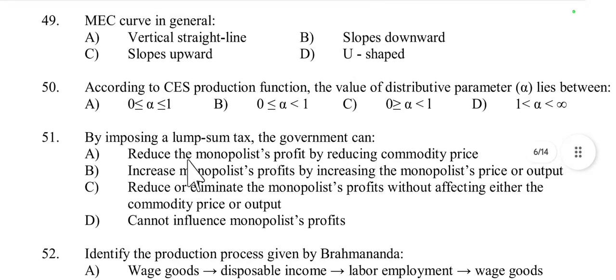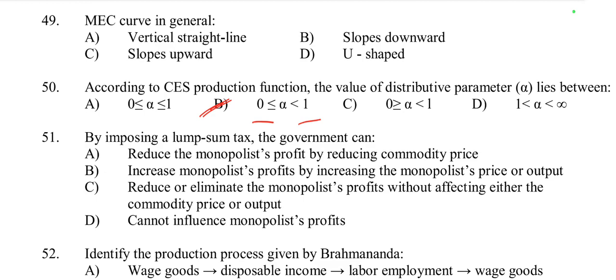Then question 50, according to CES production function, the value of distributive parameter lies between 0 to 1, or 1 less than alpha less than infinite. The options are: 1 less than or equal to alpha less than 1, or 0 less than alpha less than 1, or 0 greater than alpha less than 1, and 1 less than alpha less than infinite. So the right answer is option B, 0 to 1, because in the constant elasticity of substitution or CES